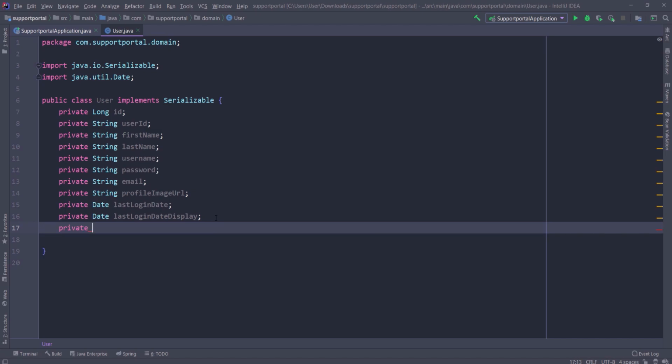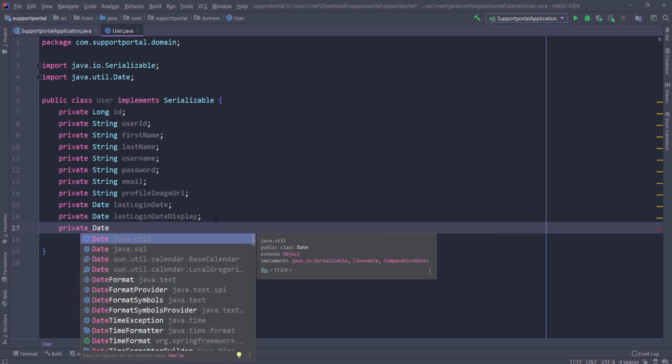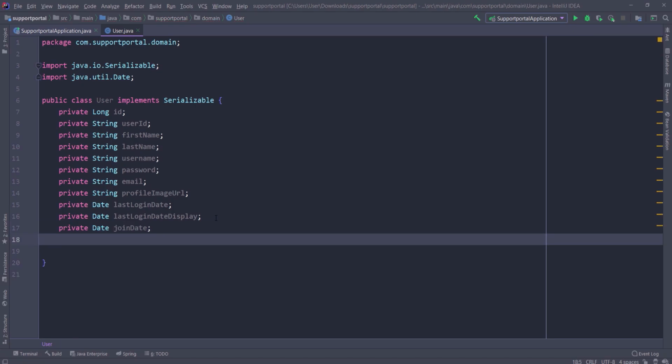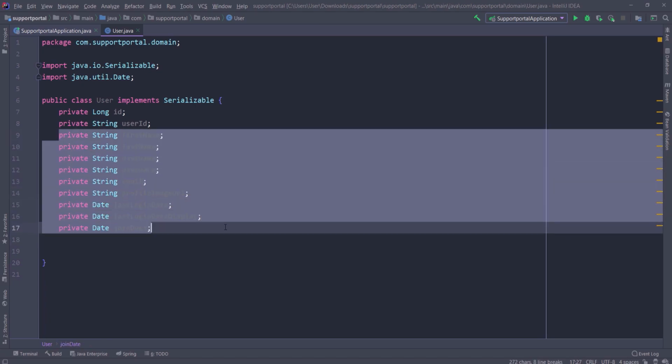And let's give them a date when they join, so that's going to be join date, something like that. And let's do now another thing we're gonna need, I think, let's see, so we have all of this information